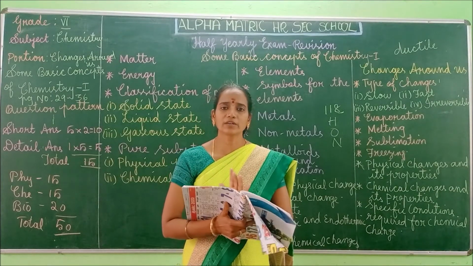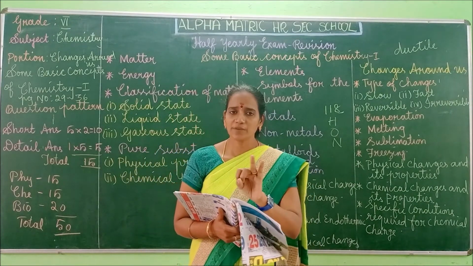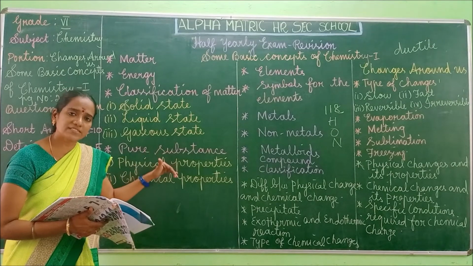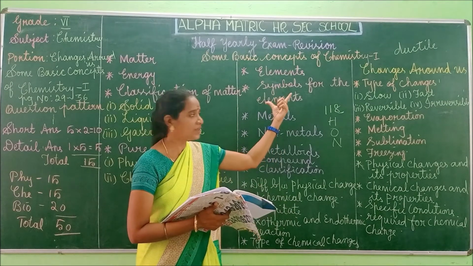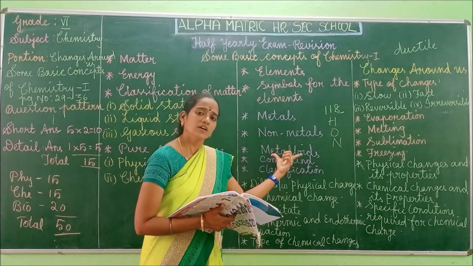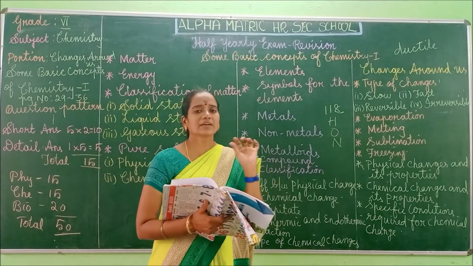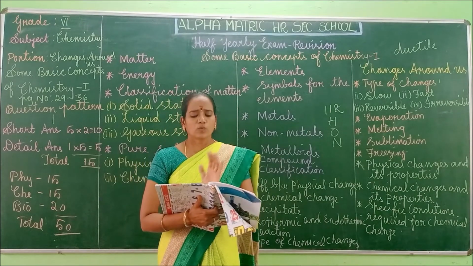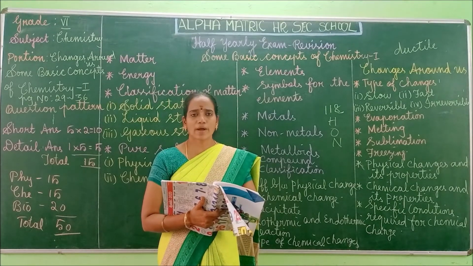So what are the important contents in some basic concepts of chemistry? Matter, energy, and then classification of matter. Okay, pure substance, physical properties, chemical properties, what is meant by elements, symbols, followed by metals, non-metals, metalloids, compounds, classification of compounds. These are the important contents in the some basic concepts of chemistry. Okay. So, what are the things I told today? Everything you have to go through in a good manner. Then only you can